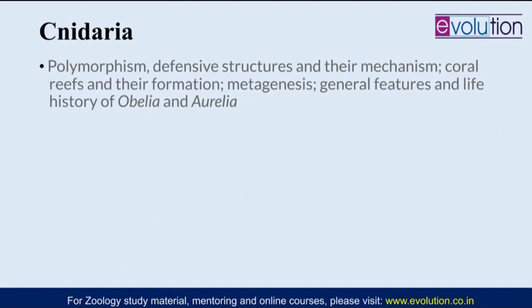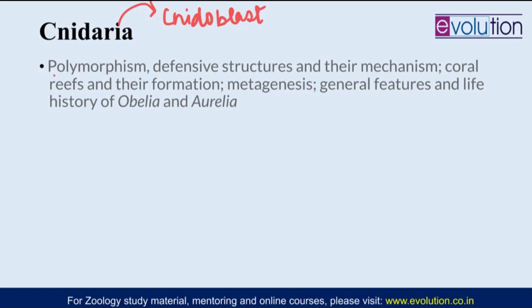Then comes the next phylum, Cnidaria, which has been named because of the presence of a specialized cell called a cnidoblast. Cnidaria has also been referred to as Coelenterata, but this is not a term which is used anymore. Coelenteron is the gastrovascular cavity. On that basis they were named, and they also included the ctenophores when the phylum Coelenterata was there, but now they have been separated. There is one phylum Cnidaria with specialized stinging cells called cnidoblasts, while there is another, ctenophora, which also has a coelenteron, but they do not have cnidoblasts.